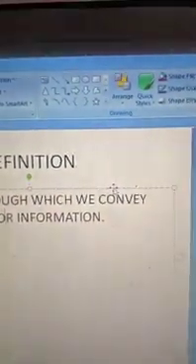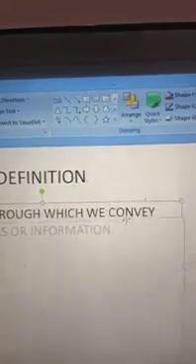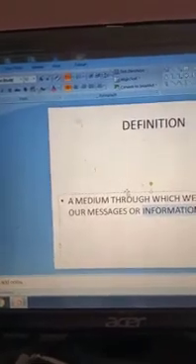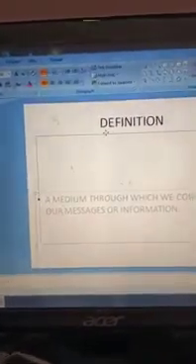So how can we move it? You have to click anywhere inside the placeholder that contains the text, and then look at this. When this shape appears, it means we can move. Then look, if you move it, look here, you want to move it anywhere you want, then you can easily move it.